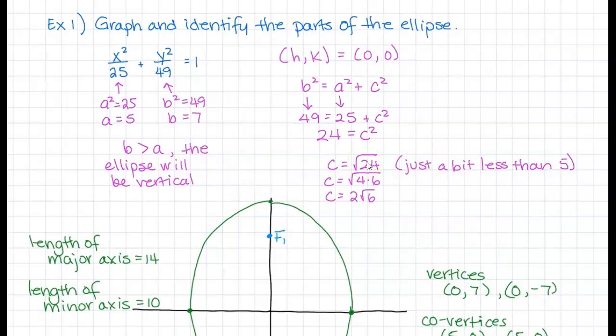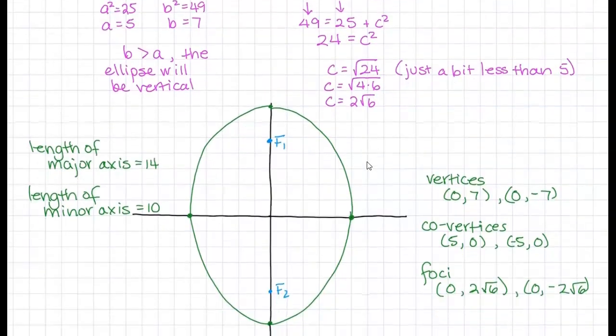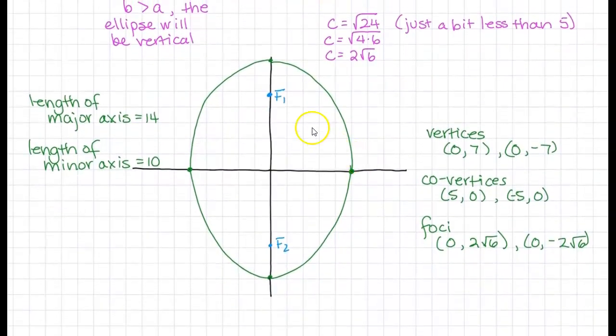So then when we go to graph it, from the center at the origin, we go up and down 7 units. We go left and right 5 units. c is a little less than 5, so I went a little less than 5 units up and down for the foci. We can see that the length of the major axis, that's the biggest distance across the ellipse, is